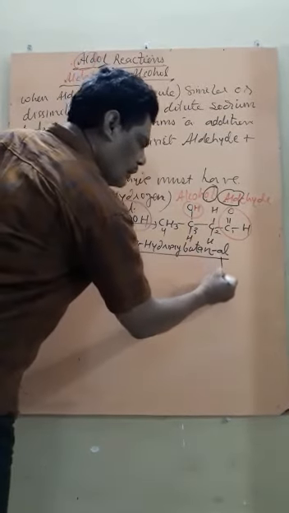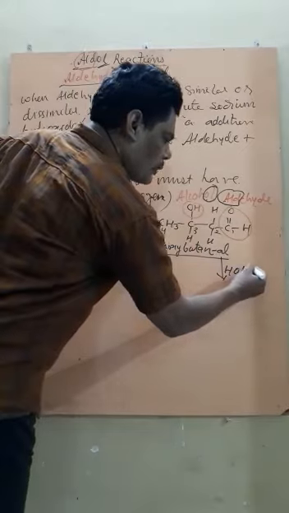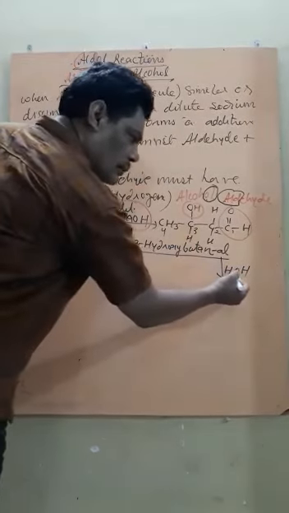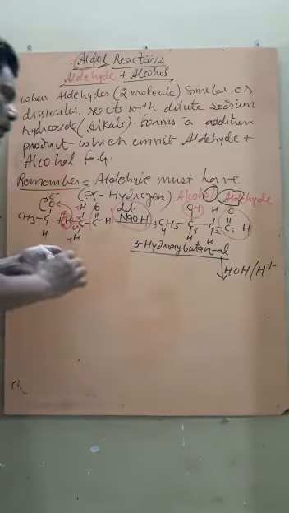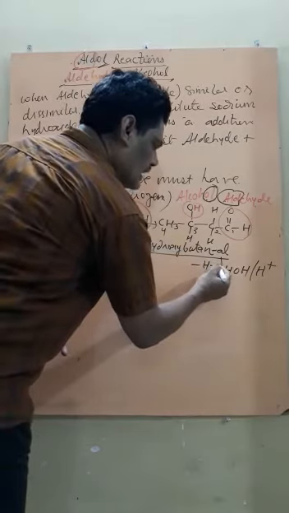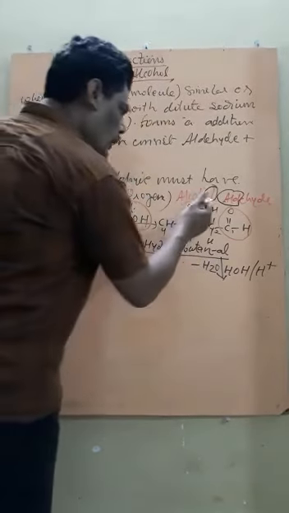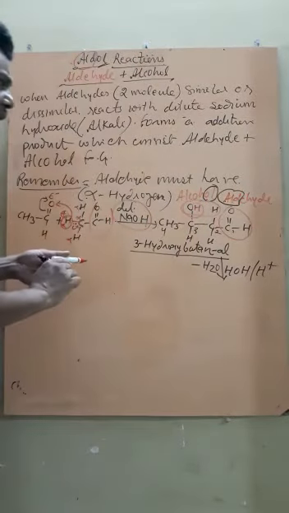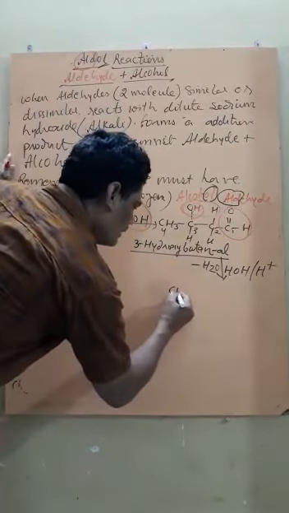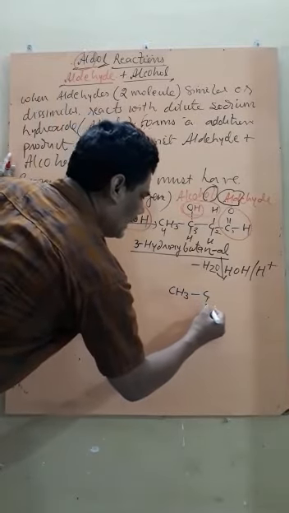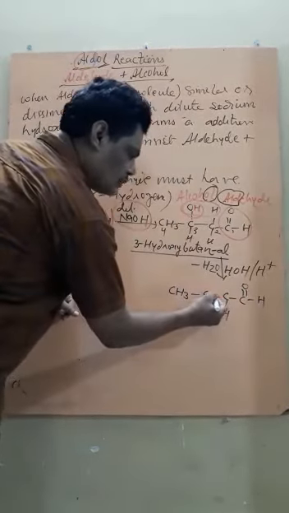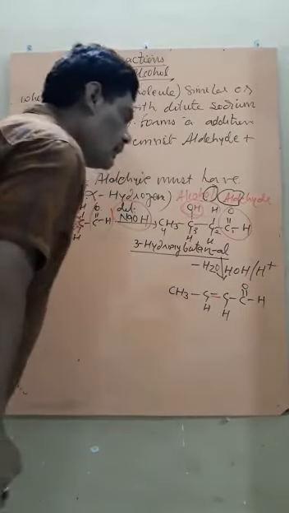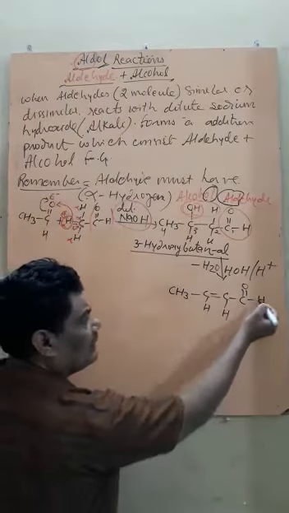Now student, if the hydrolysis of this compound takes place, with HOH in presence of any acid, then one molecule of water is getting eliminated. That is, this OH and H is getting eliminated. And if it happens, then there will be CH3, this is CH, this is again CH, and this is C double bond O and H. But to complete valency, there is a double bond. That means here the alkene is getting formed.